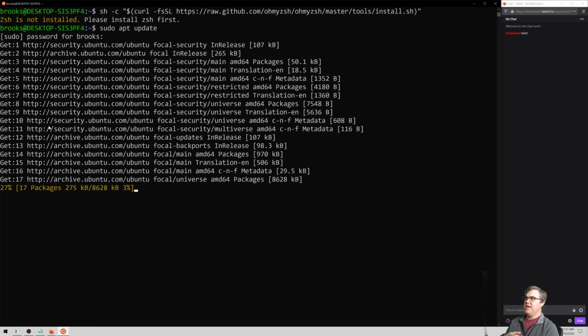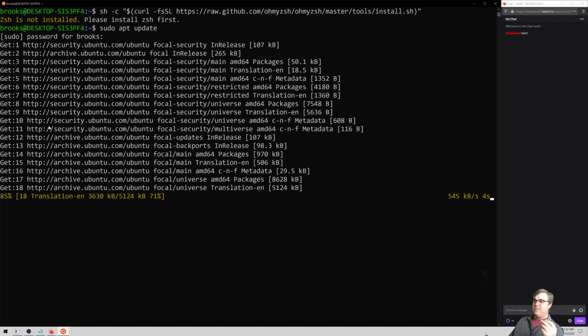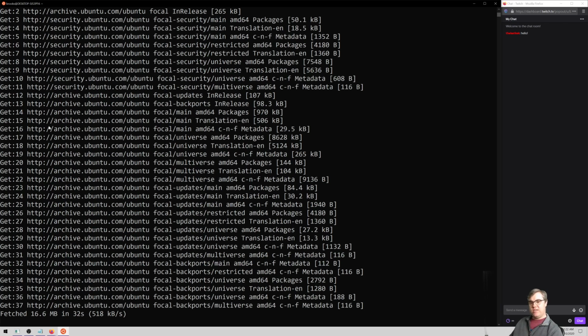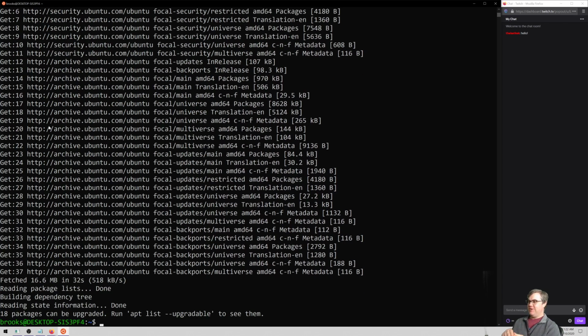I had to think for a minute because the password that we have in Ubuntu is not the same as the Windows password, which I also thought is interesting. So I haven't done any updates or security updates with this. I just downloaded Ubuntu 20 from the App Store, as it were. And it looks like it's pretty up to date. Only 18. It's not saying securities. I'm not going to update those right now.